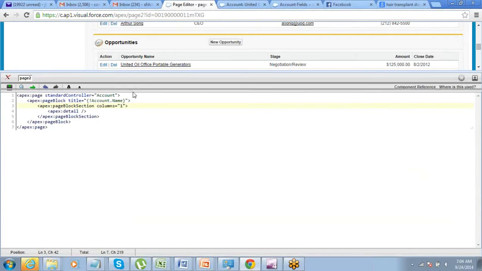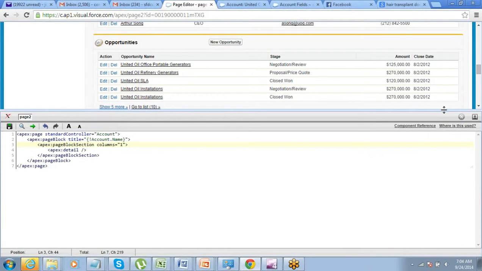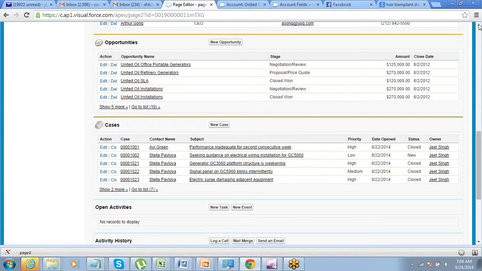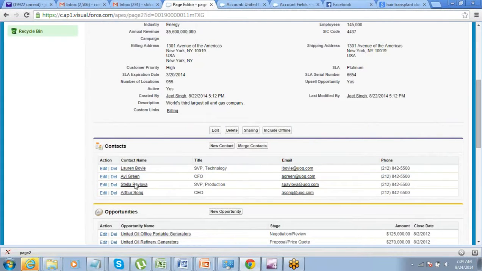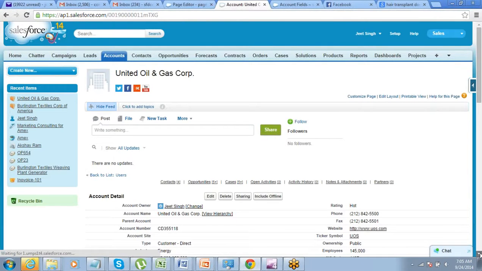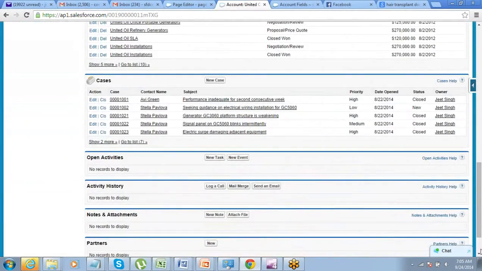Now the next thing that we have to do here is we can see related list. Okay, what is a related list? The related list is the list of child records. So these are all related lists on the account. Contacts, the list of contacts which appears here, list of opportunities. So when you show the detail of a page, when you use a detail component, it also shows related lists. This related list is there in the standard page also, no? If you just go here and see, related list appears, right? So detail comes from this standard page. That is the reason why it shows the related list.